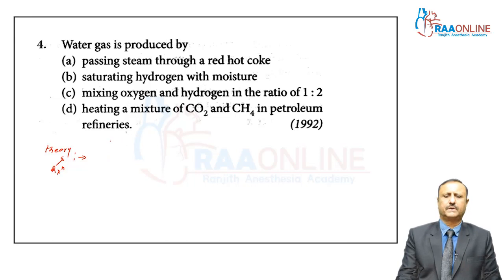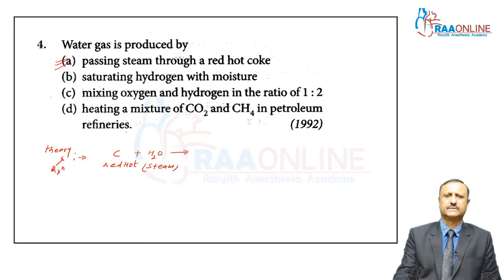Here, water gas is produced by, the answer is A, my dear students, because water gas is produced by passing steam through a red hot coke. When this coke is red hot, it means the coke is heated at high temperature, so it is completely burned but not converted into CO2. It is called red hot coke. And when this red hot coke is heated with water, not liquid water but water in the form of steam,